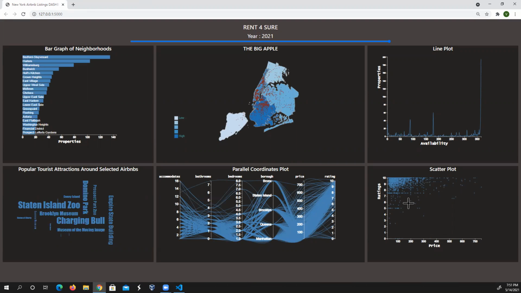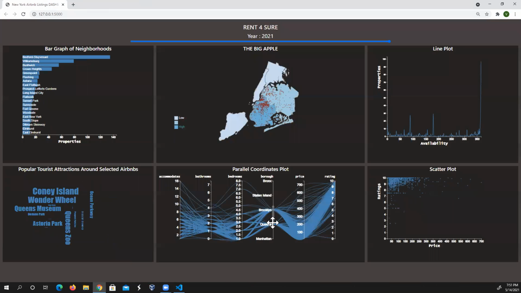And talking about the word cloud again, let's brush Brooklyn and Queens. You can see that there are quite a few tourist attractions being suggested here. The thing that has been implemented is that the number of words being suggested is proportional to the number of properties in the respective localities.